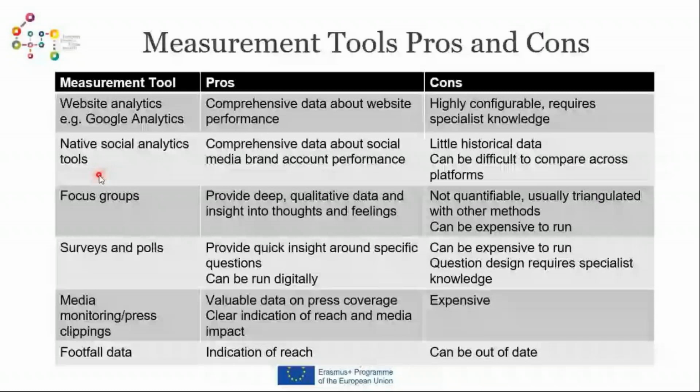So if we're talking about earned media here, where you've posted, or somebody else, another account has picked up your campaign and they love it and they featured it on their accounts, you're not going to have access to the analytics from that, so you need to get in contact with that person. Another con is that there's very little historical data, and that it can be difficult to compare metrics across platforms, because reach for Twitter is measured differently to reach from Facebook. They're measured very differently. So those are things to take into consideration.